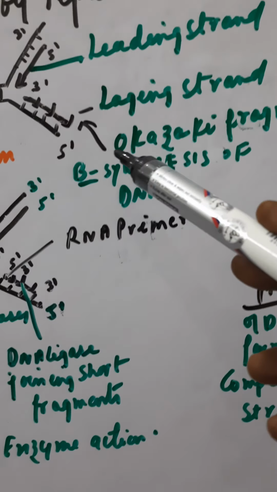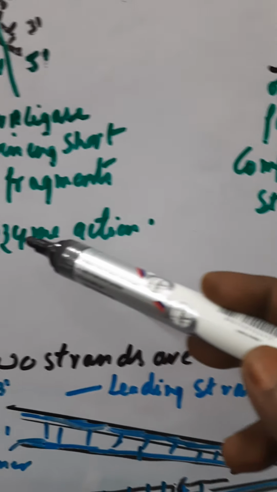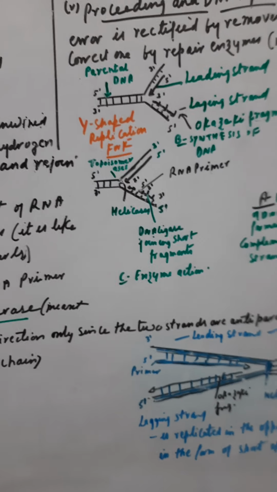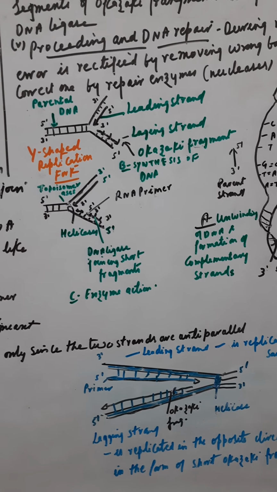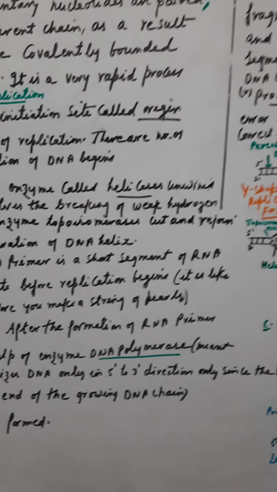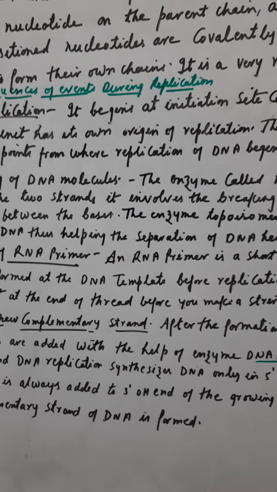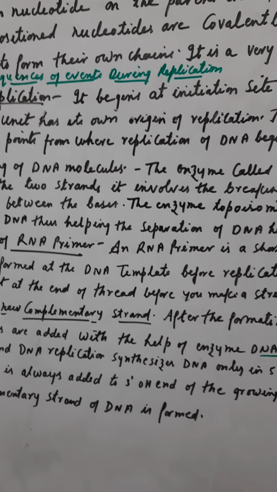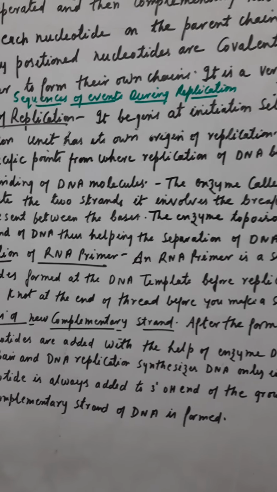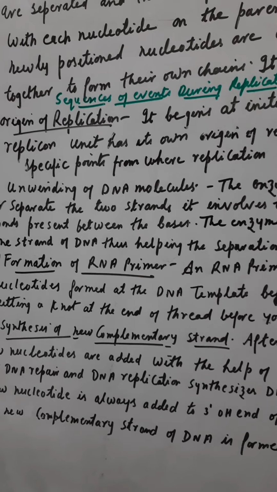Here you can find the synthesis of DNA, and here there is an enzyme action. So I am sending this source also. If you are unable to understand the concept, you can refer to that also. For the mechanism of DNA replication, please note down the key points, and whatever notes are required, I will be giving to you. Refer to your book. Since in your book the mechanism of DNA replication is first, and after that the central dogma, I will be taking that on the next turn.